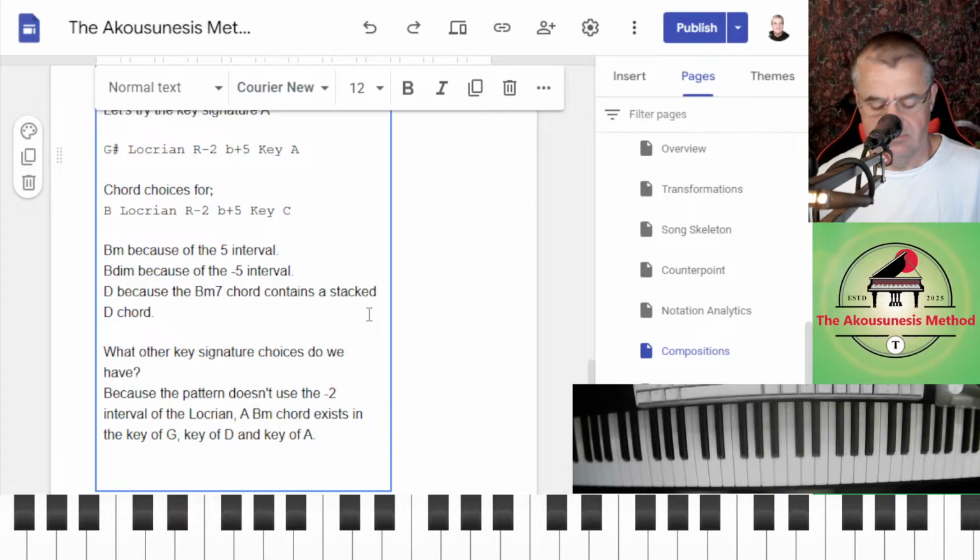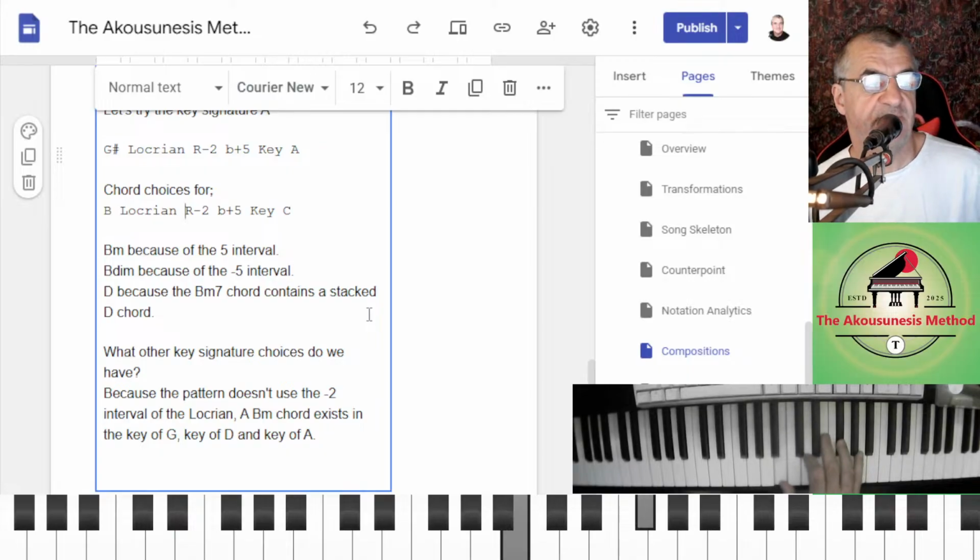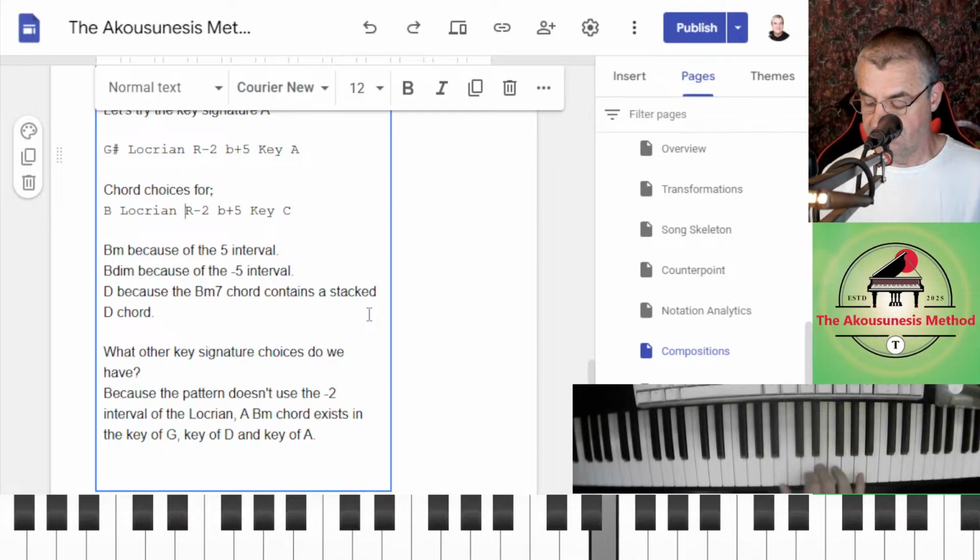So back to Locrian in the B, which has the -5 and the 5.